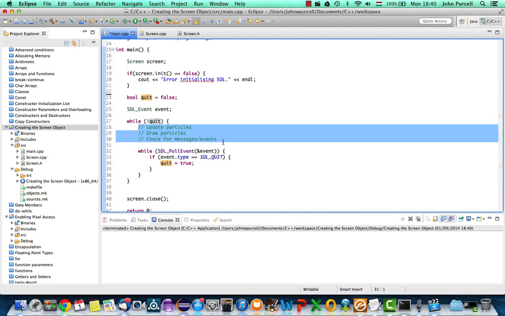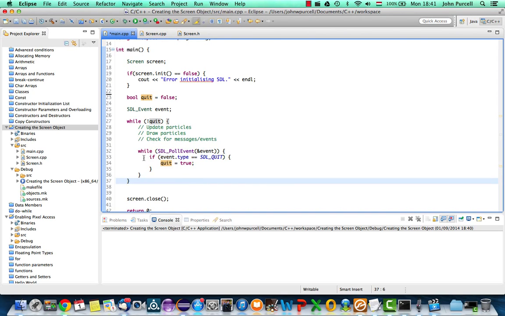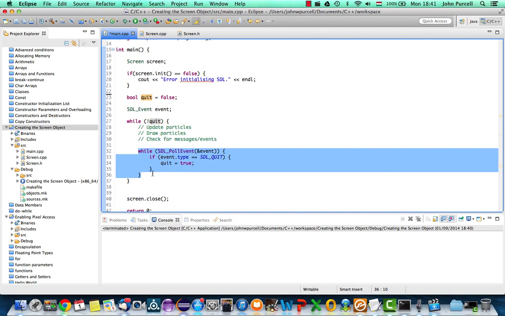What I want to do is create a screen class that I can reuse in other programs, programs that have nothing to do with particles. So I don't want to put the whole loop into screen, but this bit is just the bit that basically closes the screen if you click the cross on the corner of it. So why not put this into the screen class as well? Let's cut this